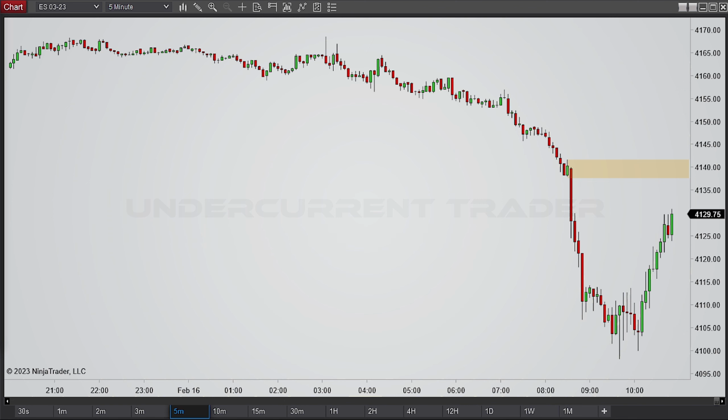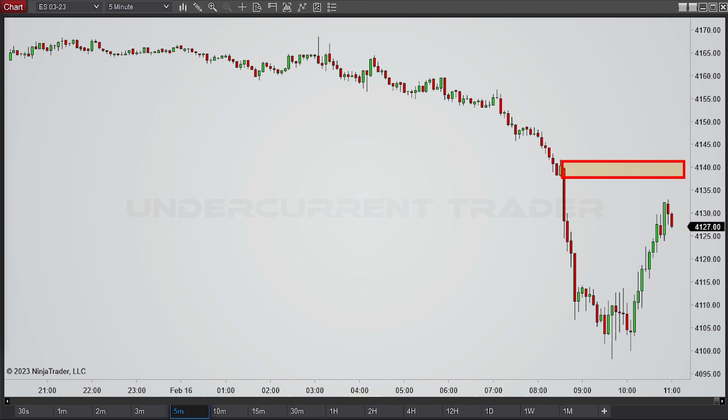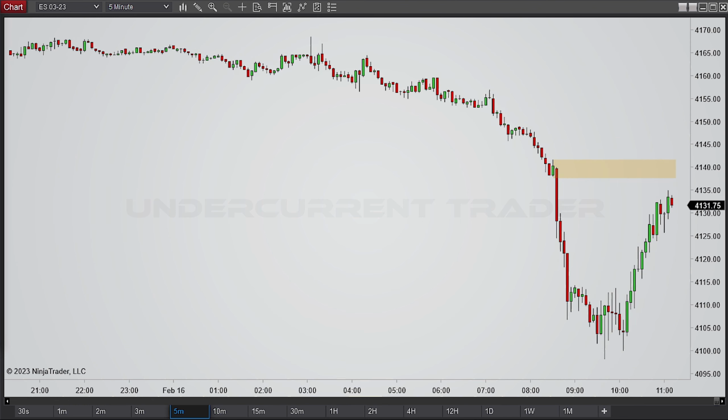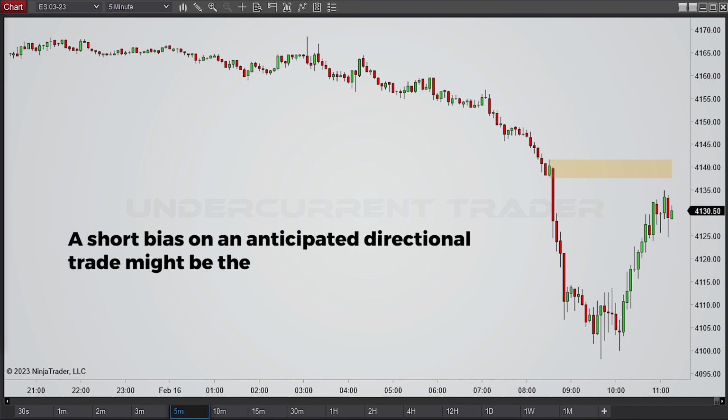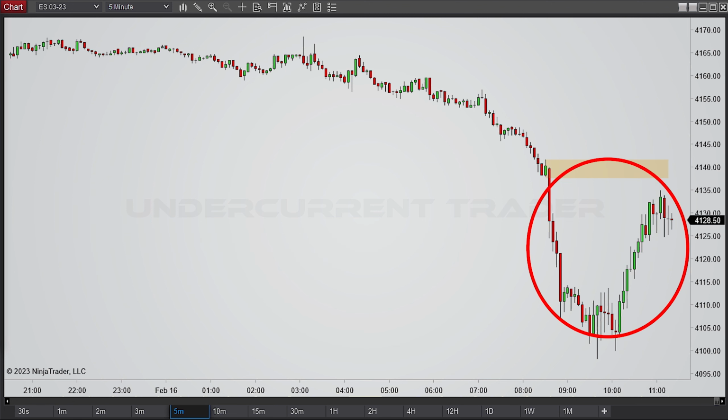Now, examining this 5-minute order block print and the price's impulsive movement out of the block's base in particular, we can observe that a supply zone has been developed. When considering these factors together, it appears as though a short bias on a potential directional trade may be the way to go. That said, however, to decide on the right approach in this particular trading range, which is obviously now a major point of interest for us,